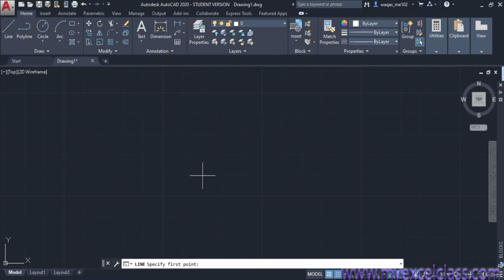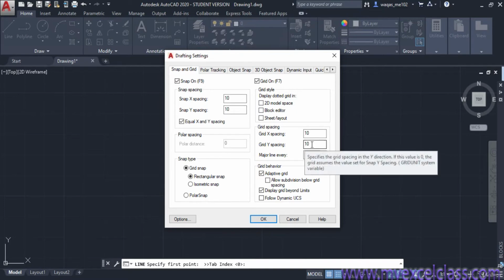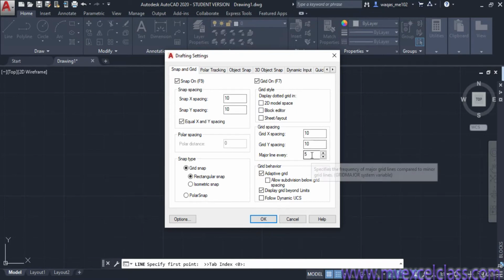You can see 1, 2, 3, 4 and 5, and so on the y-axis. According to the settings, you can see grid spacing was 10, snap X spacing is 10, and the same is the Y snap spacing, 10. And one major box contains 5 small boxes.